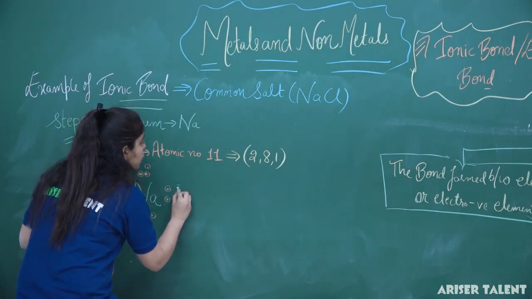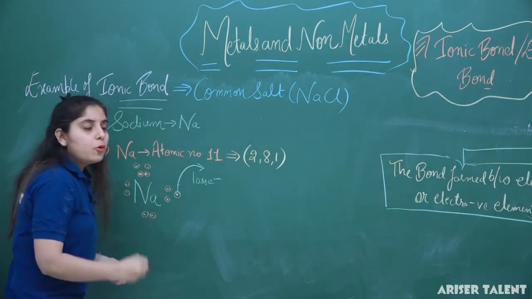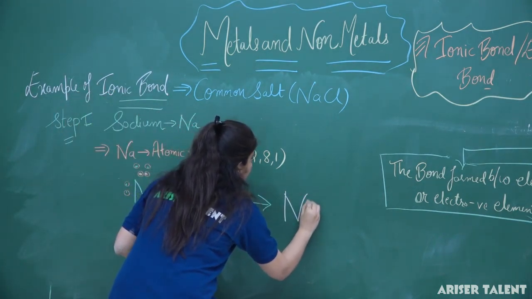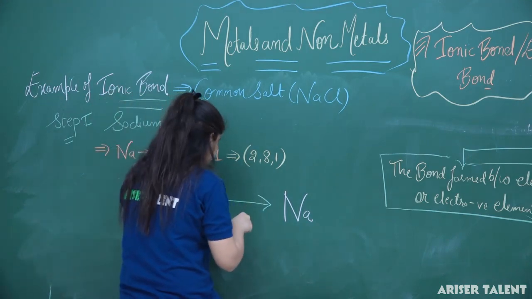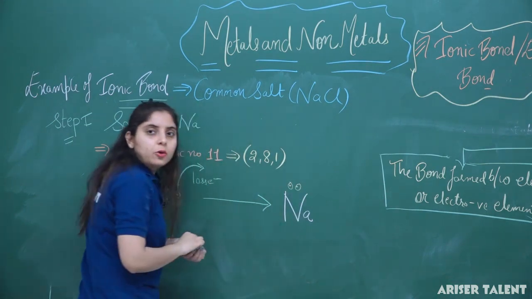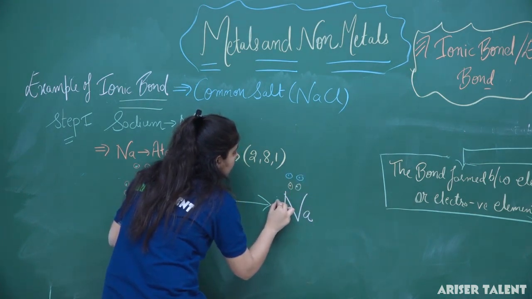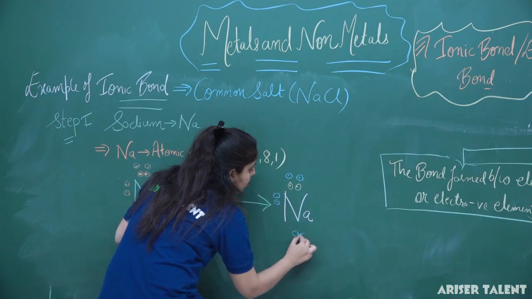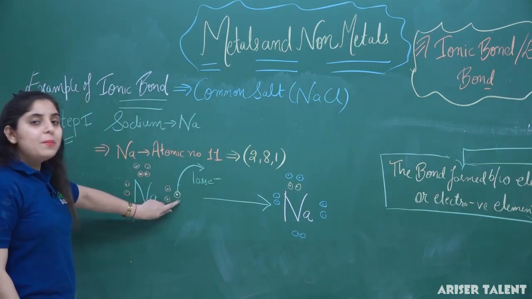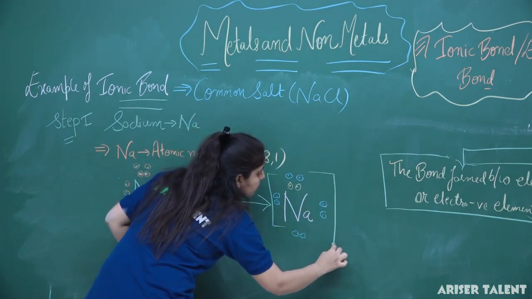So what will happen? Sodium is going to lose that electron, and it will form Na. Again it is having 2 electrons and the remaining 8 electrons. These are 8 electrons. So sodium is losing that outermost electron, so we can say that it will become Na